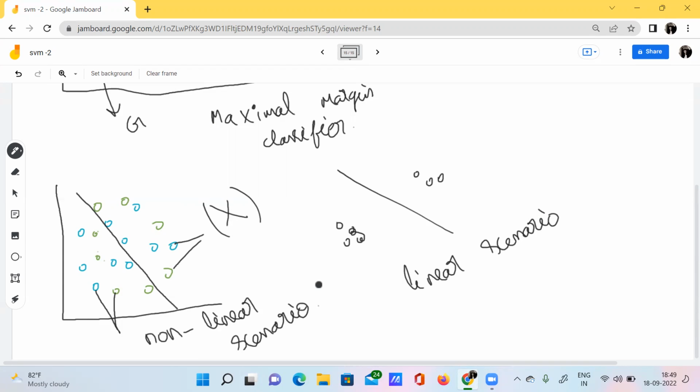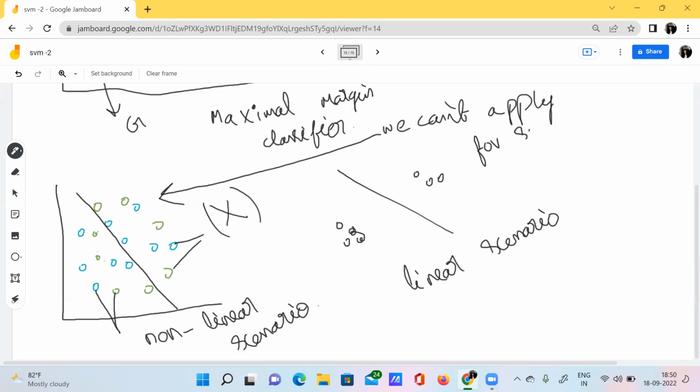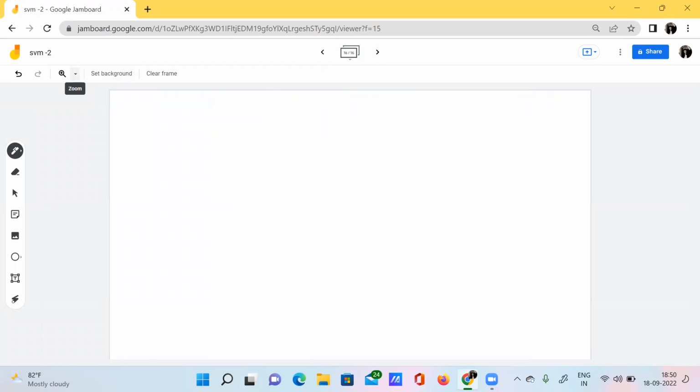In such cases, we can't apply this maximal margin classifier, right? So if we can't apply the maximal margin classifier in such cases, what options do we have to solve this question? How do we solve them?